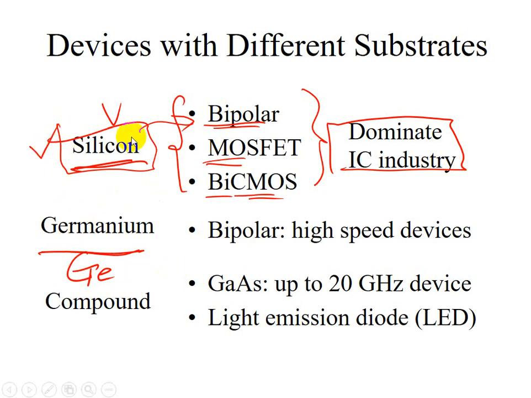We're talking about electron and hole mobility in silicon and in germanium, the comparison between these two substrates. So electrons can move faster in germanium than in silicon. So if you use germanium as a substrate, you can have a high-speed device